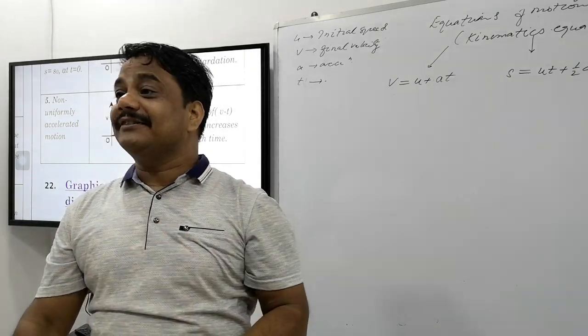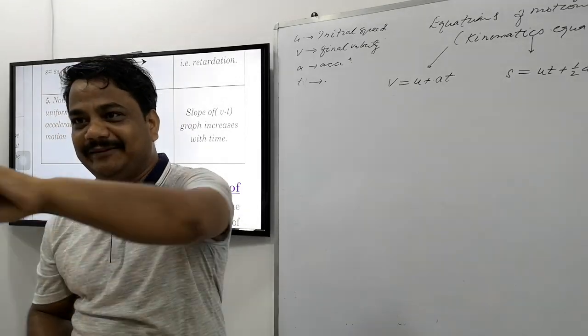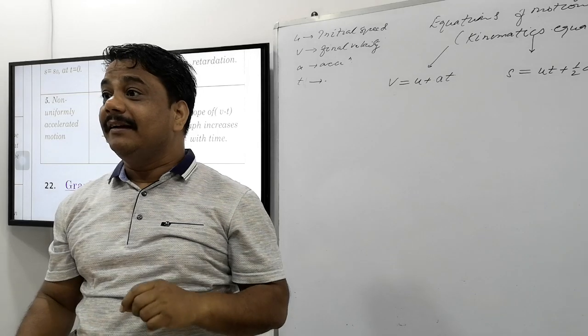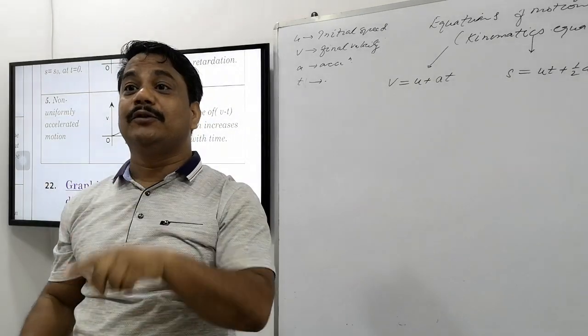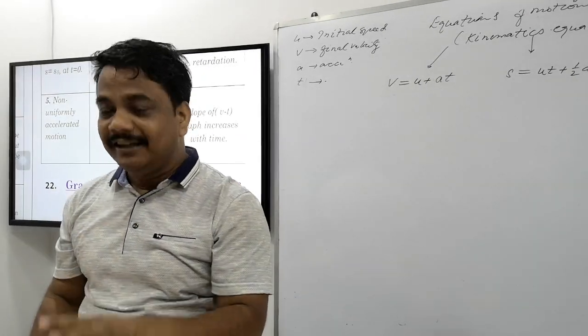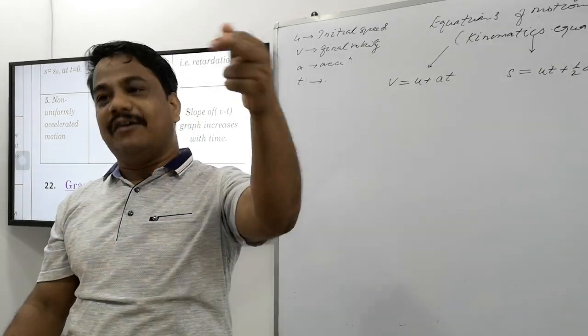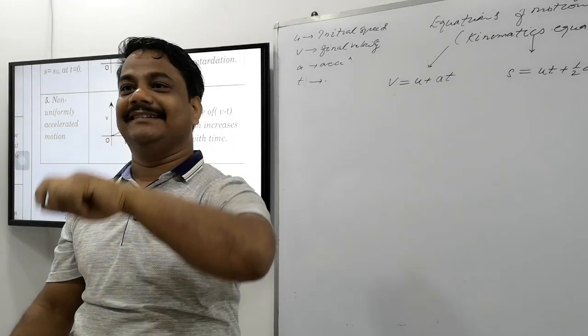Why? Because if the question comes in examination, derive the equation of motion, you will do the graphical method, because it is not saying that you must not do it by the graphical method. And if it comes in examination, derive the equation of motion by graphical method, okay, well predicted, you have to do that.